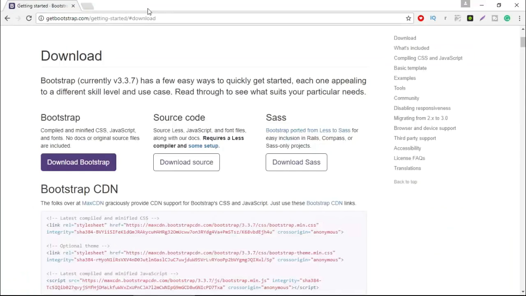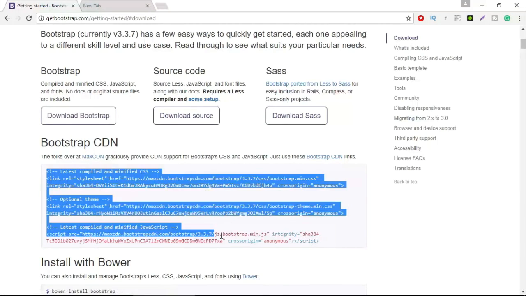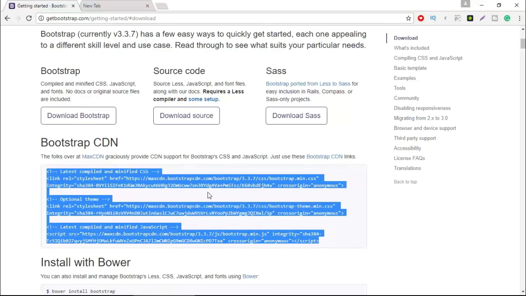Now we have different ways also. Let me show you here. Here we have the CDN. You can see we have CDN files. You can also link all the CDN with the HTML projects without downloading anything. Simply make a copy of the whole files from here, go to the index page, and inside the head section put all the code which you copied here of the CDN.